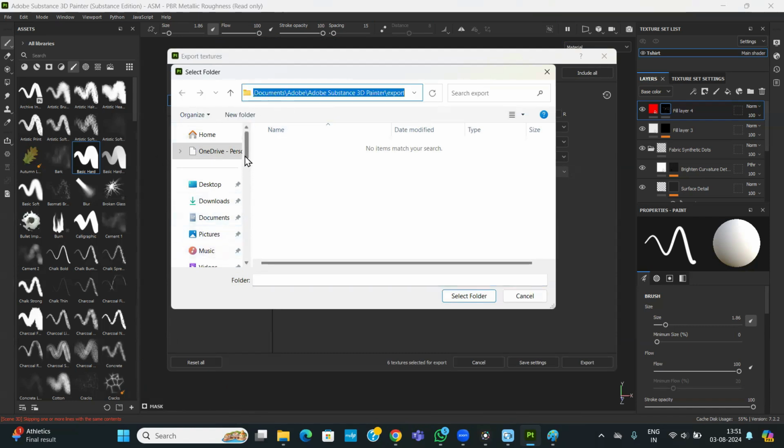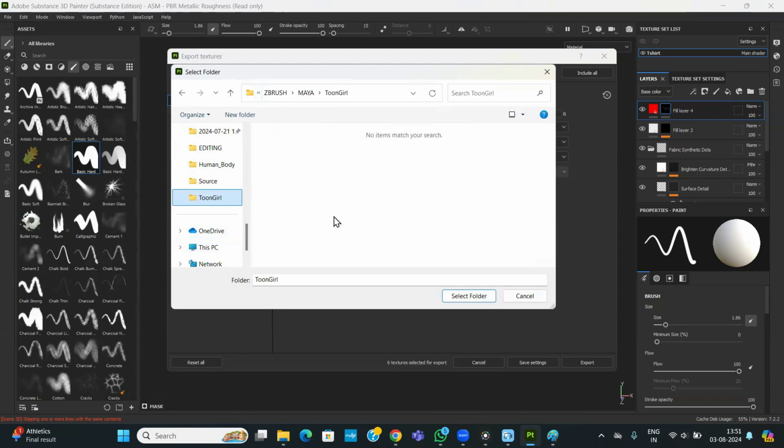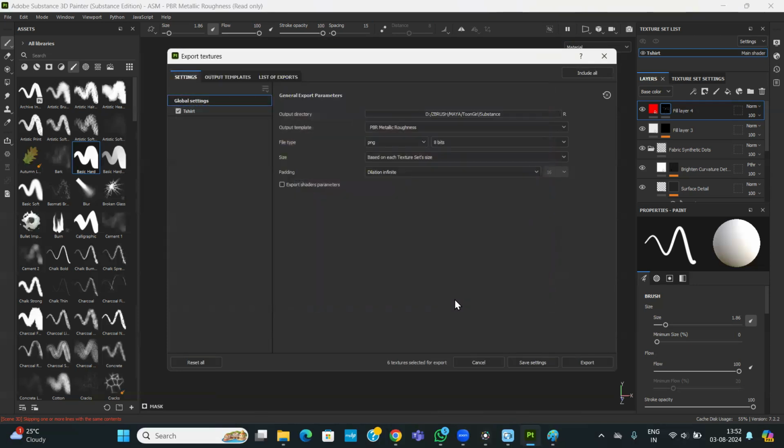Go to D drive. Where is D drive? This is the folder. So now I can create one separate substance folder. Right. So this is the select folder. It will go with the name t-shirt because we have given the